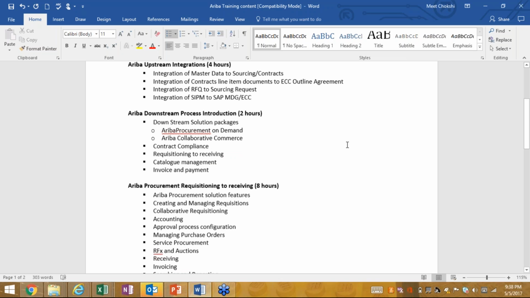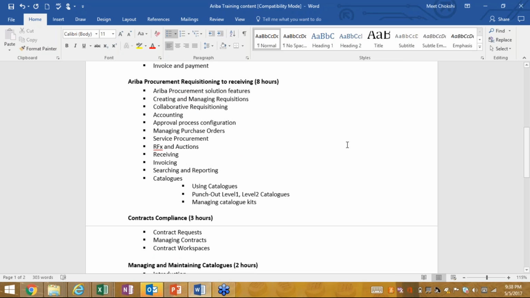Okay, so let me go through the downstream part. We talked a lot about it with Ramakrishna when we discussed his use cases. Downstream, it's a complete procurement process, from requisitioning to receiving. We can create requisitions. There is no order concept.